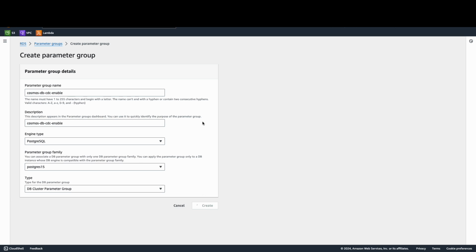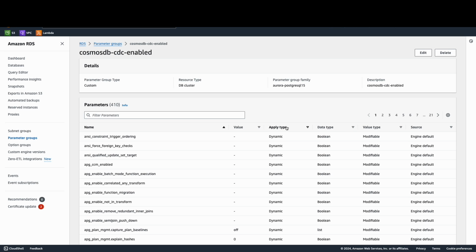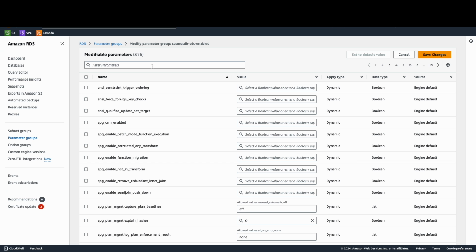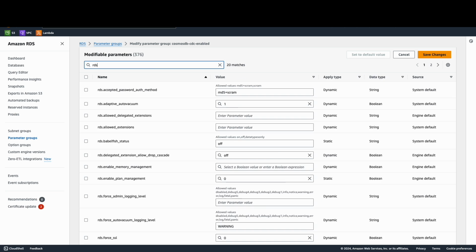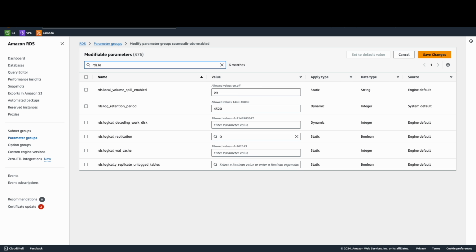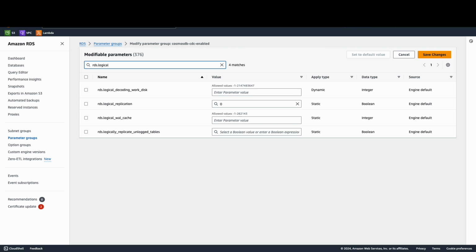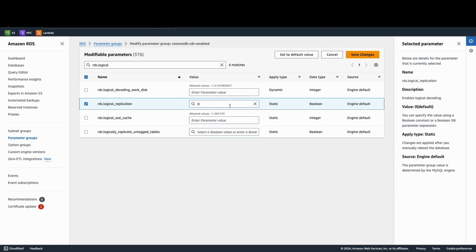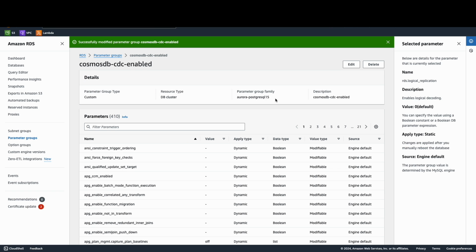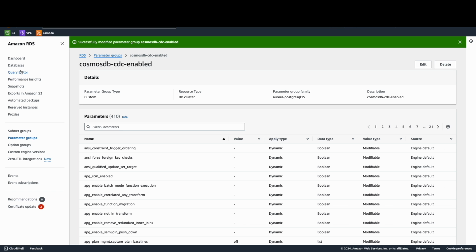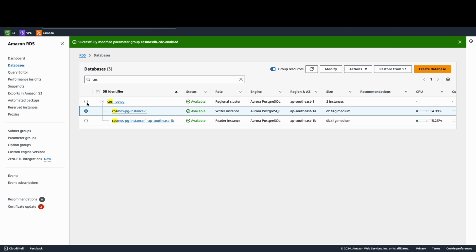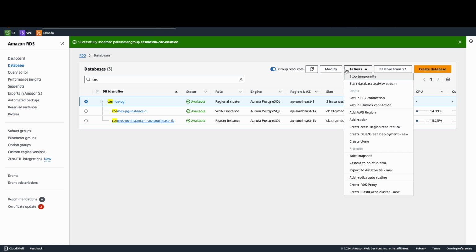Okay, let's go with this one, and now I go here and go to edit mode, and I'm going to look for something called rds.logical_replication, right? You can see here the value is set as 0, right? So this has to be 1. This is what we call CDC enabled. So now you can see we updated the parameter group, and we need to select the cluster and modify,